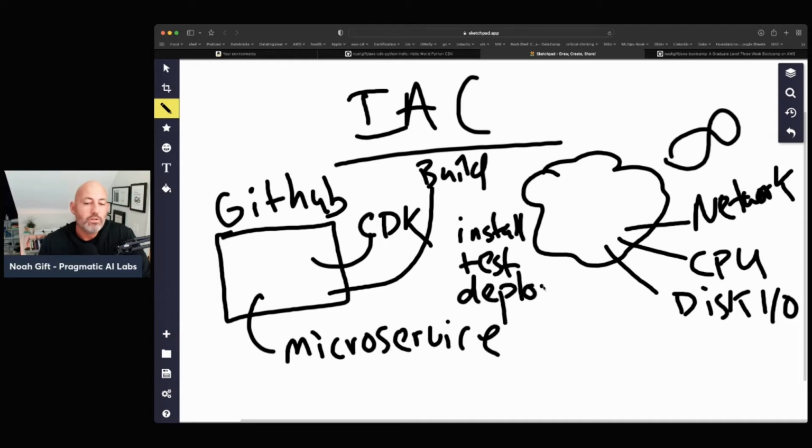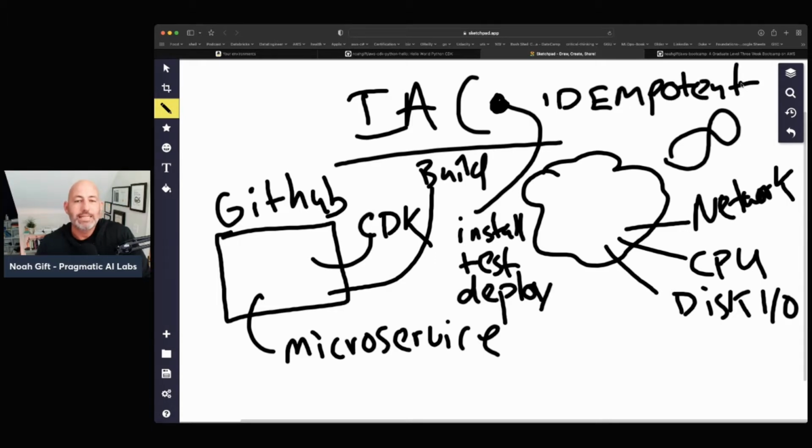And the way it would deploy the code would be unique in that it would use this infrastructure as code to create something called idempotent action. Idempotent is a little bit difficult to spell on the fly, but I think I got it. The idea here with idempotent is that every time you make a change, the same thing happens.